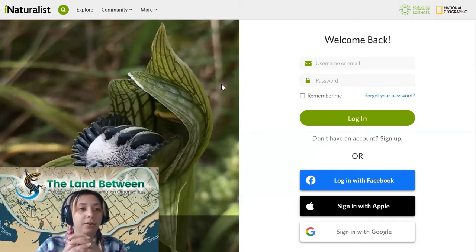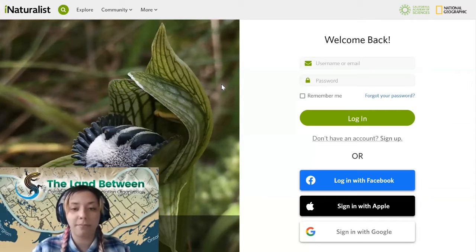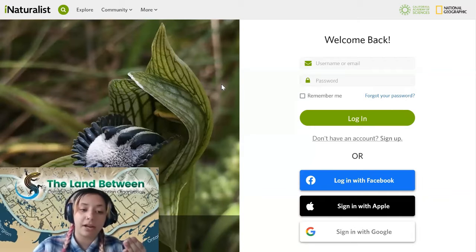They have a good desktop version, as well as a very good mobile app, which I will show you after I show you how to use the desktop version. I'll show you how to use the mobile app version. So iNaturalist, in order to participate in our Backyard Bioblitz program, you will need to sign up for an iNaturalist